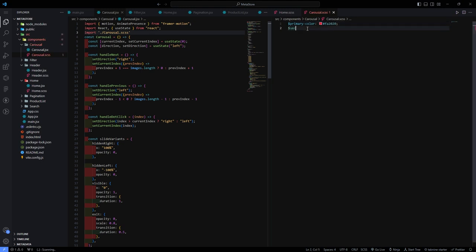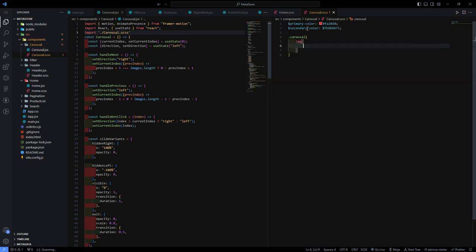Second one is secondary color, and the secondary color is FB6666 and 75, like that. Now first target the carousel